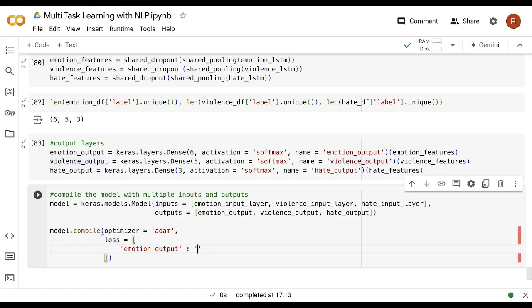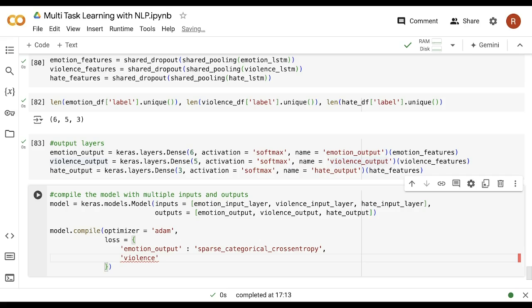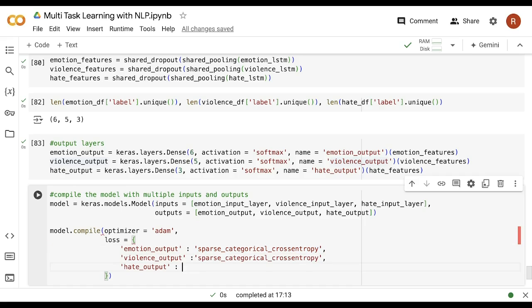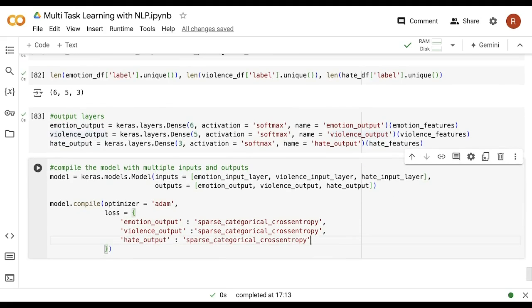And the loss function is sparse categorical cross entropy. Fine. Same thing I will repeat for the remaining two outputs as well, which is violence output, and the third is hate output. So all of these layers or all of these tasks will have the same loss function, which is sparse categorical cross entropy. Now after specifying the loss function, we also have to specify the metrics,